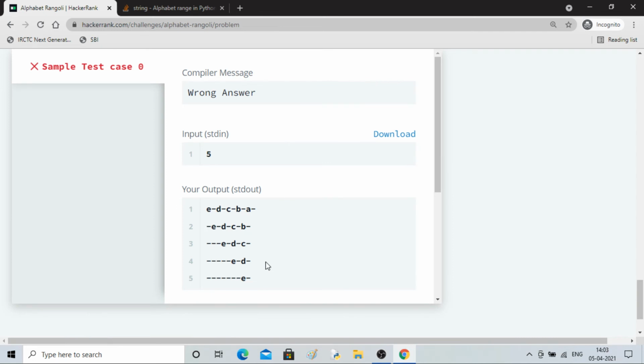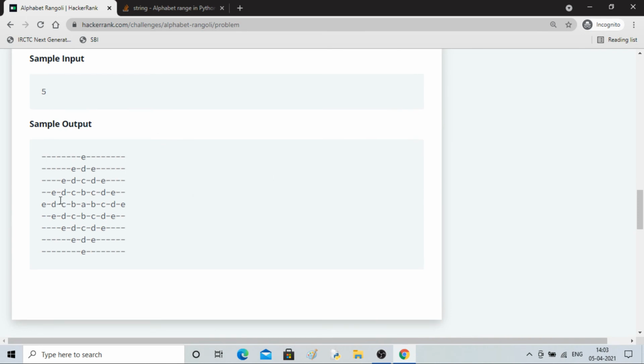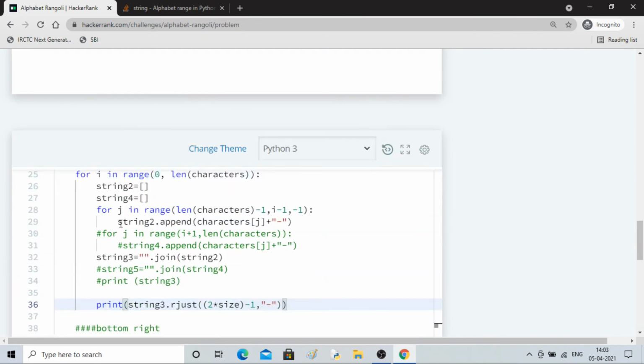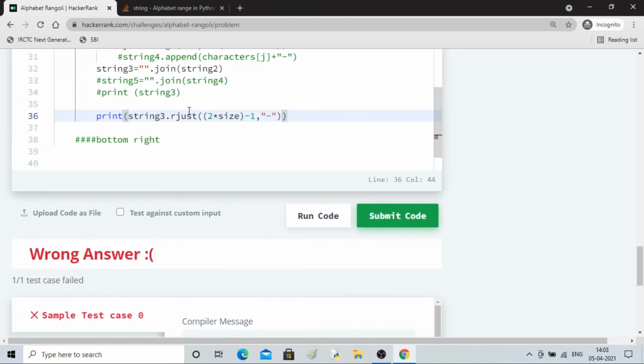E, so there should be 2 here, till E. If I see the Rangoli, there are 2 dashes, then A till this dash, then double dash. It's at a difference of 2. EDB. Is it not right shifted? Yeah, it is right.